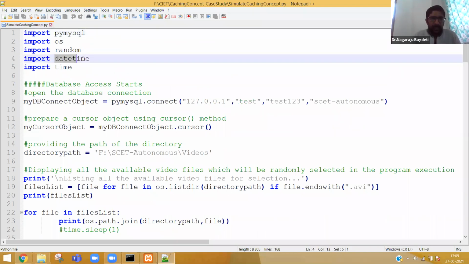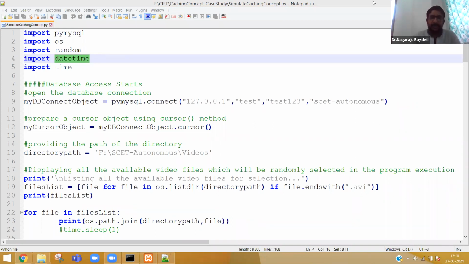Now, there is one additional module which I am going to use here. That module is called datetime. So basically, as the name mentions, it is a module about the date and time. Why do I have to use the date and time here? Because I need the timestamp.